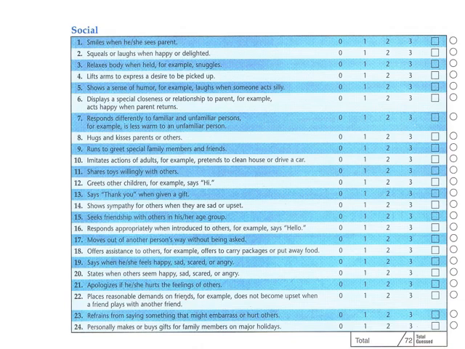If we look at item number 4, lift arms to express a desire to pick up, this is in fact a very important early social development skill, hopefully seen by 12 months of age, where an infant understanding